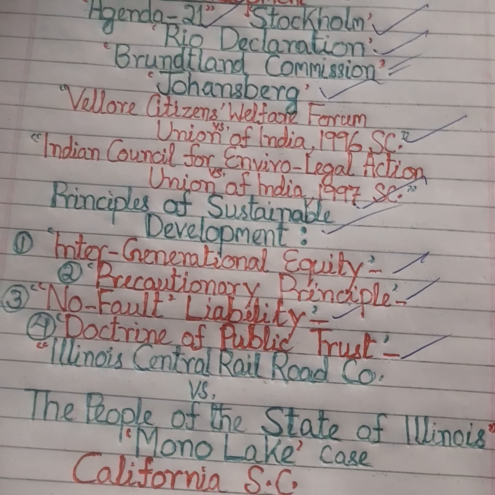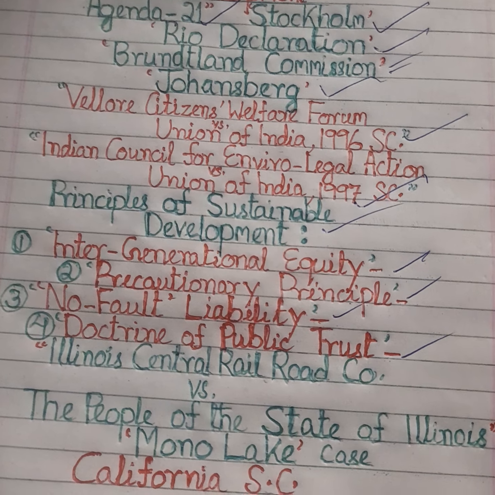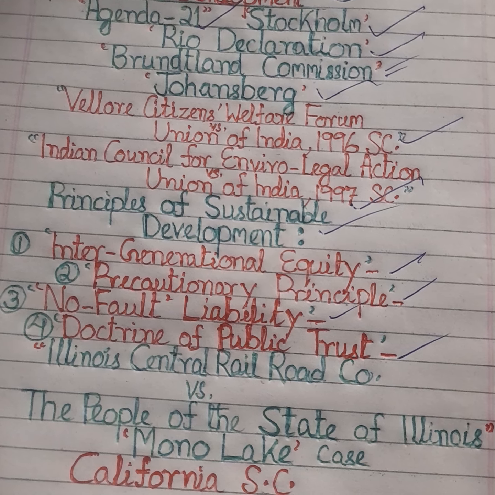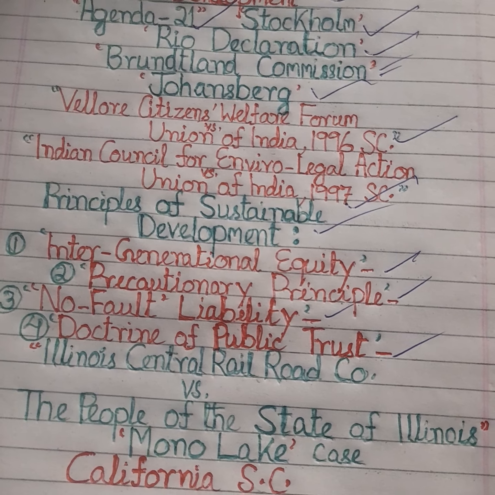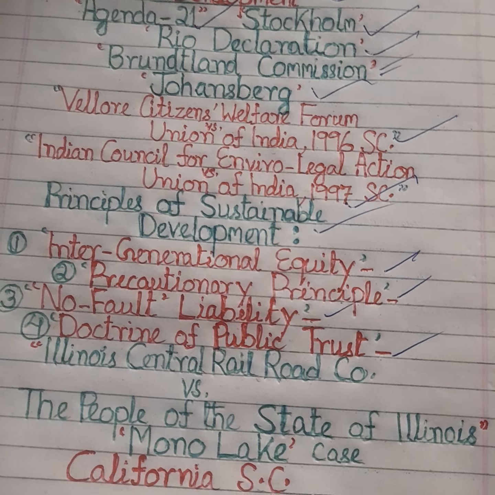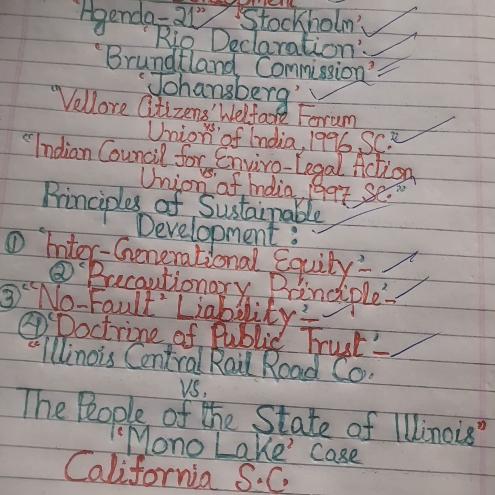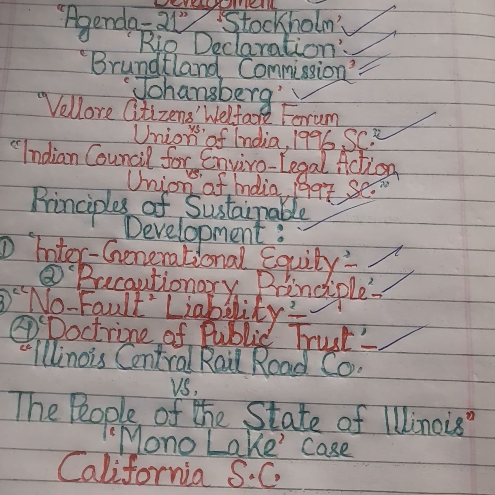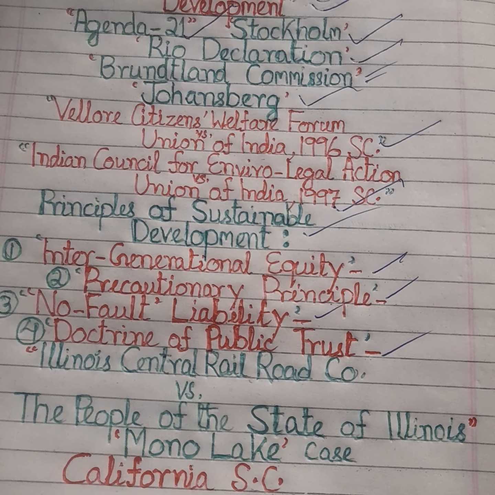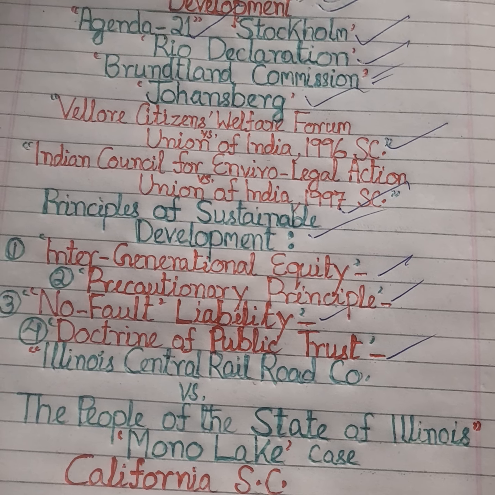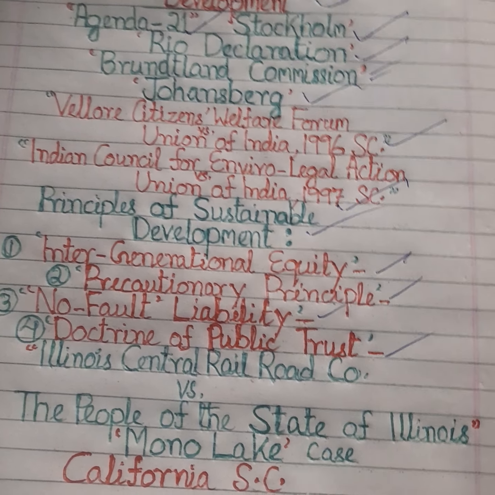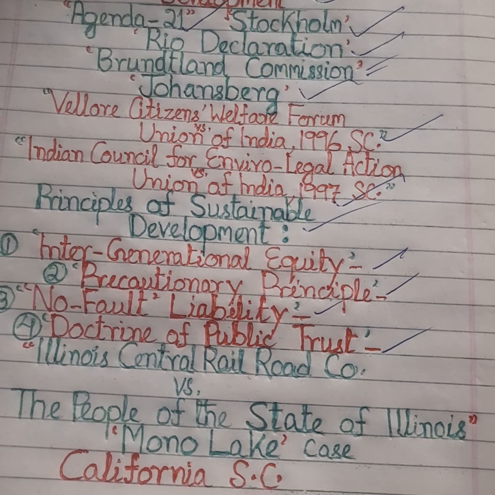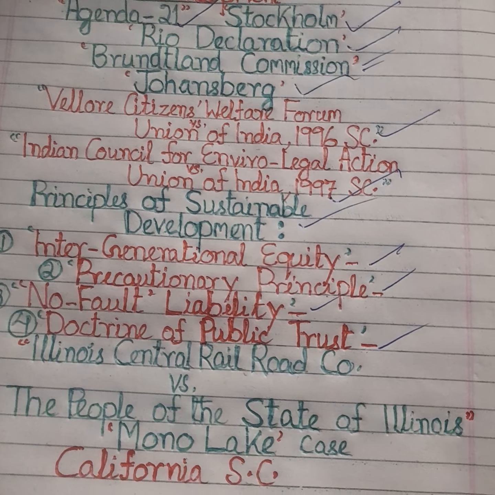In its broad sense, it refers to man's fundamental right to freedom, equality, and adequate conditions of livelihood in an environmental quality that permits a life of dignity and well-being, and he bears a solemn responsibility to protect and improve the environment for the present and future